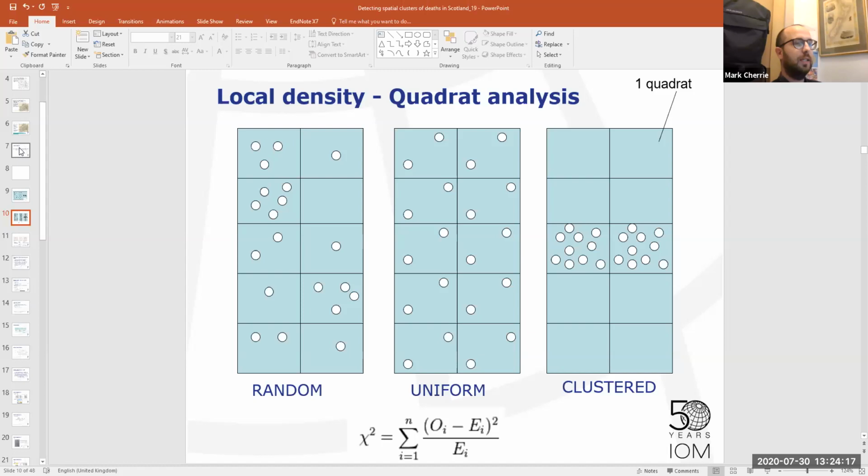So we take the observed number in each quadrat, we minus what we'd expect there, we square it and then divide by the expected. We sum that up and we get that chi-squared test statistic. So in the case of the one on the far right, the clustered version, it's 80. We then compare that to a